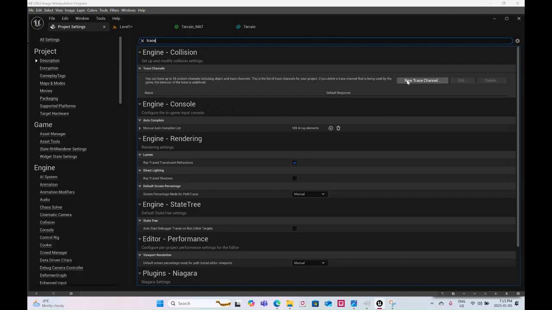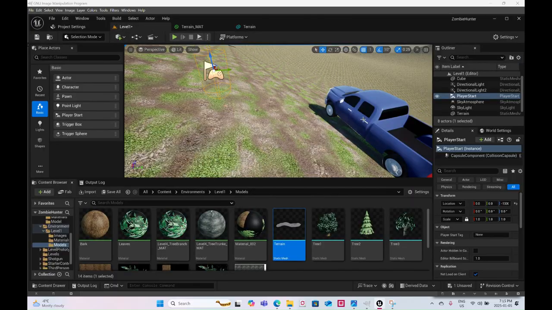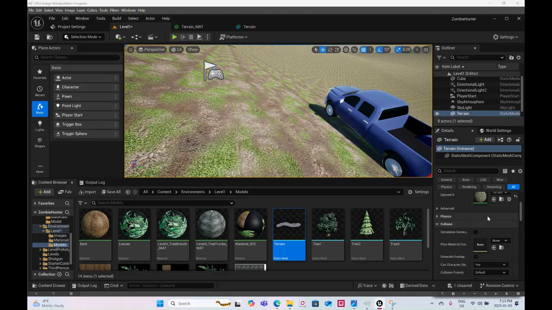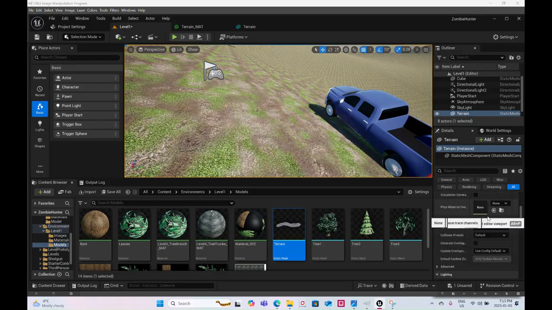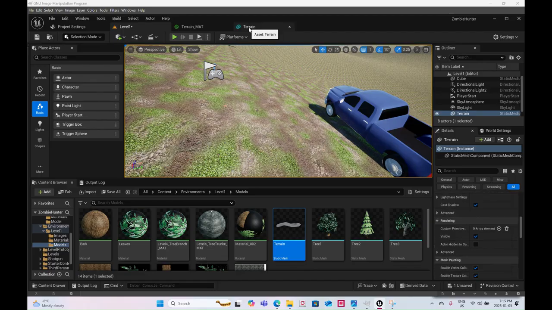And where it says trace channels, I'm going to create a new trace channel. And I want to call it ground. And by default, the response is going to be block. So the truck is going to send a cast downwards and it's going to look for a ground. And in order for it to detect the ground, the terrain by default,